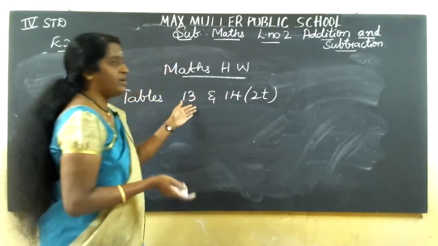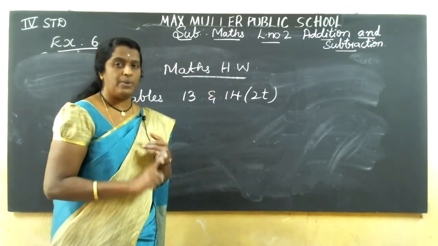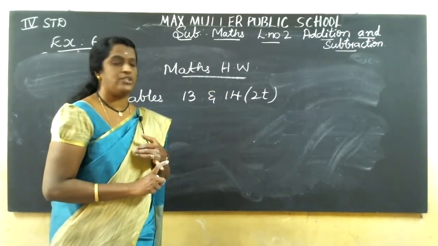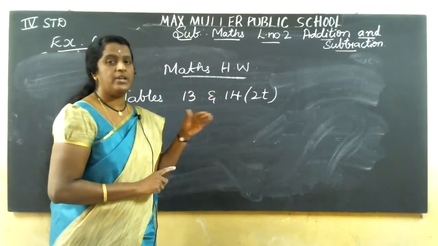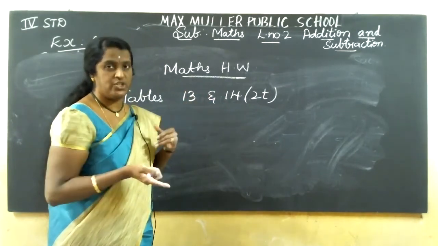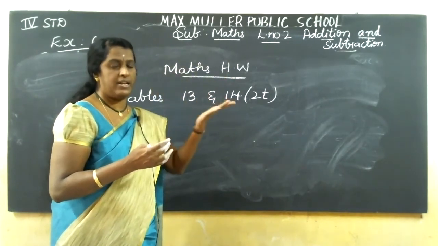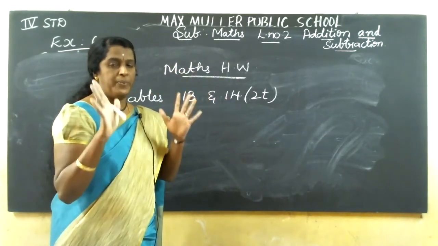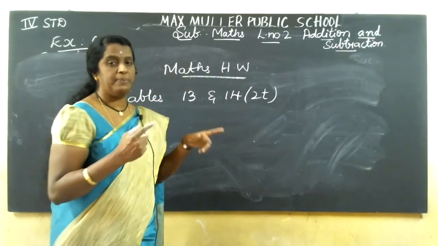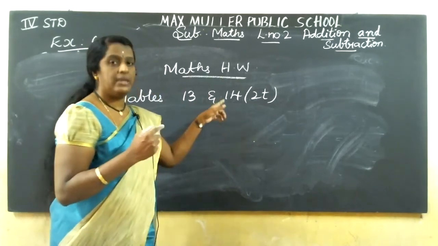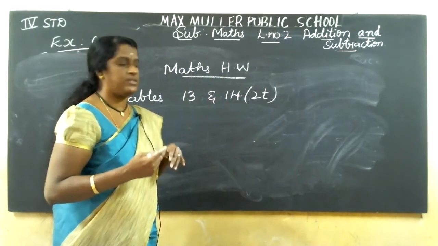Okay, because lesson number 3 is multiplication. If you want to learn multiplication, first you have to learn tables. If you learn tables, you can do multiplication and division. Addition and subtraction: addition you count in the mind, 8 in the mind, 5 on the finger. Subtraction, open 10 fingers, cut 8 fingers, remaining is 2. But if you want to do multiplication or division, first you have to learn tables. So every day learn the tables, okay?